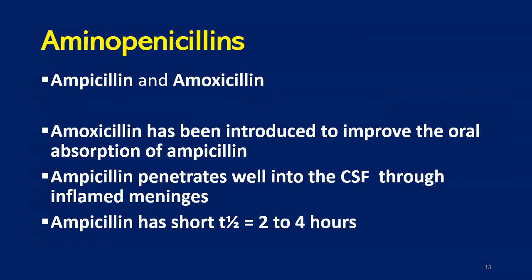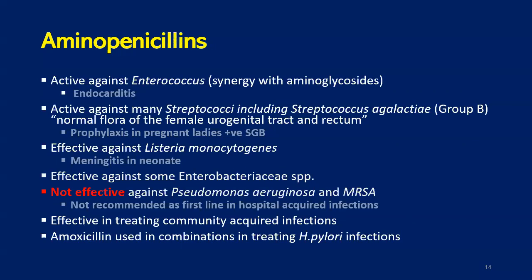Again, they are short-lived in the bloodstream, and that's why you need to dose ampicillin frequently. They are active against enterococci in combination with aminoglycosides, the same as when we use penicillin. When endocarditis is treated by penicillins or aminopenicillins, they need to be combined with aminoglycosides. Also, they are among the agents of choice for the treatment of